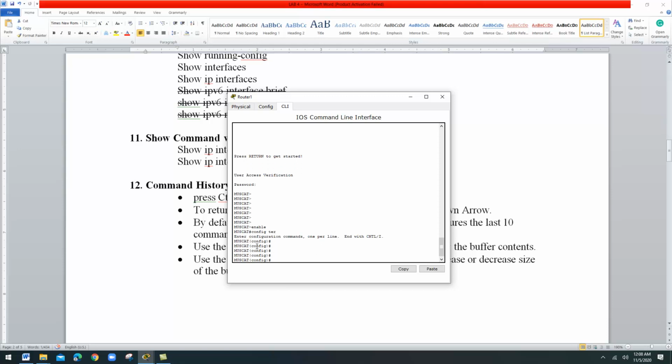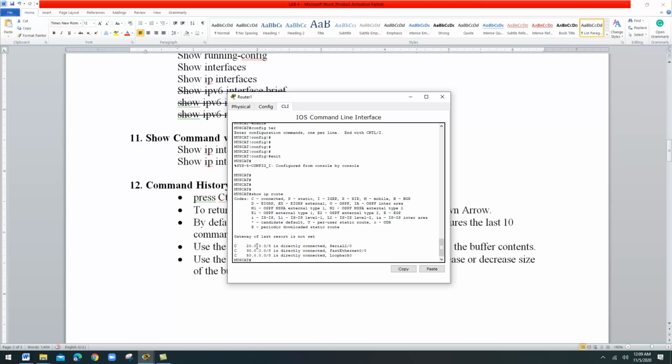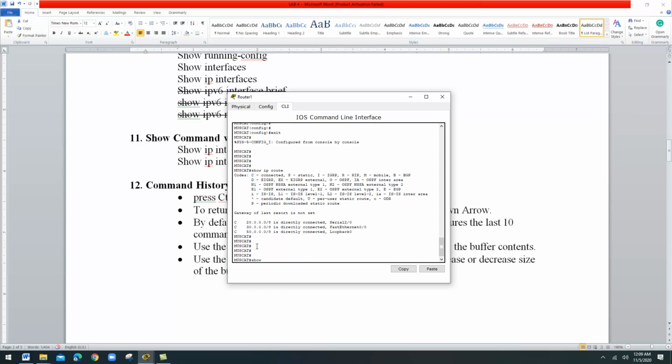No need to go to global, I just use different show commands. Show ip route, this is the command I am using. Then show ip interface brief.